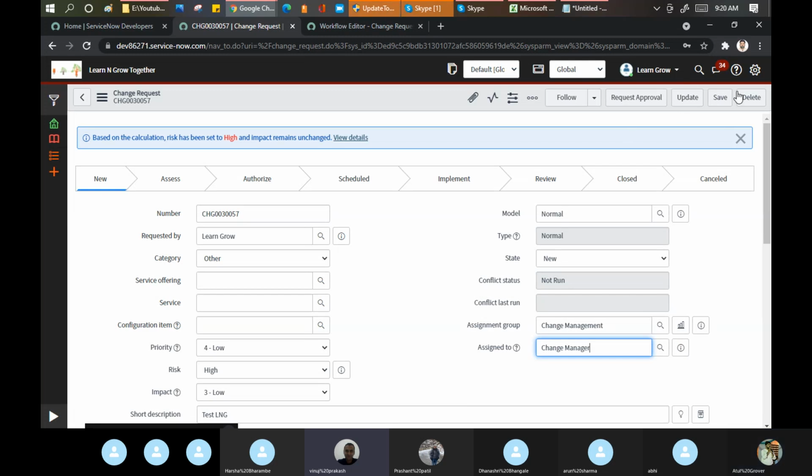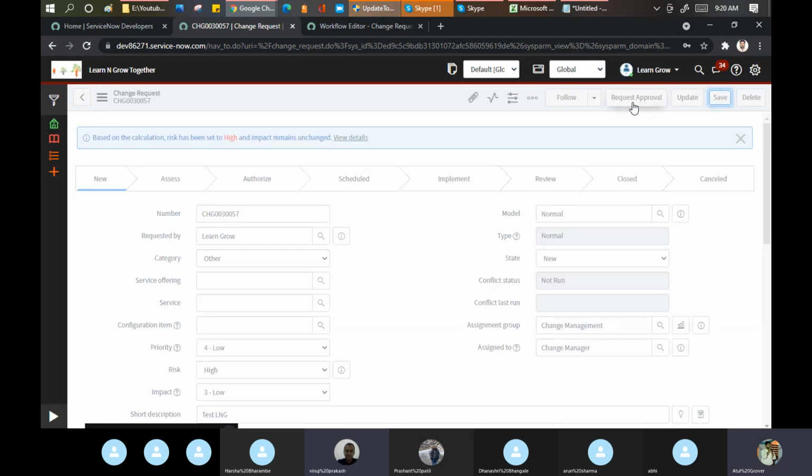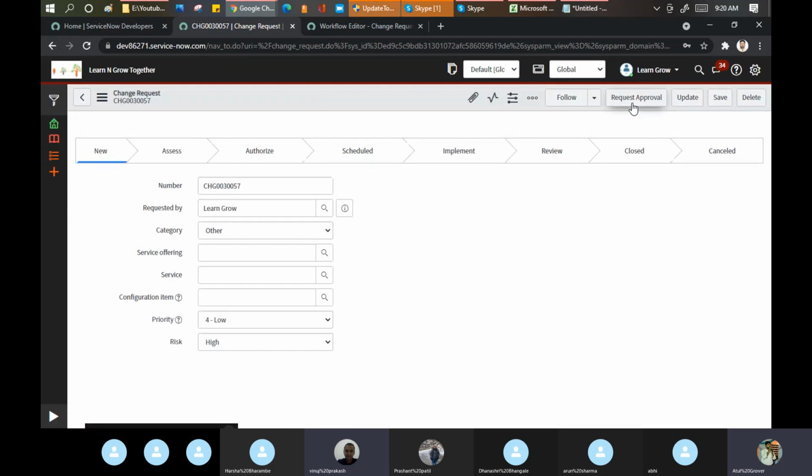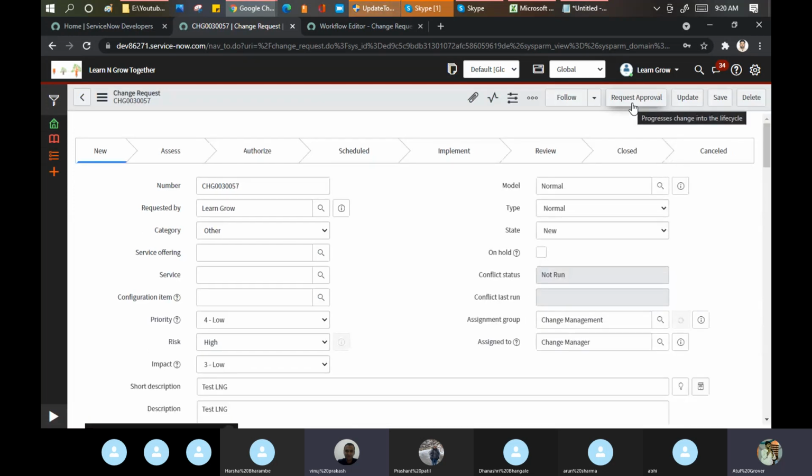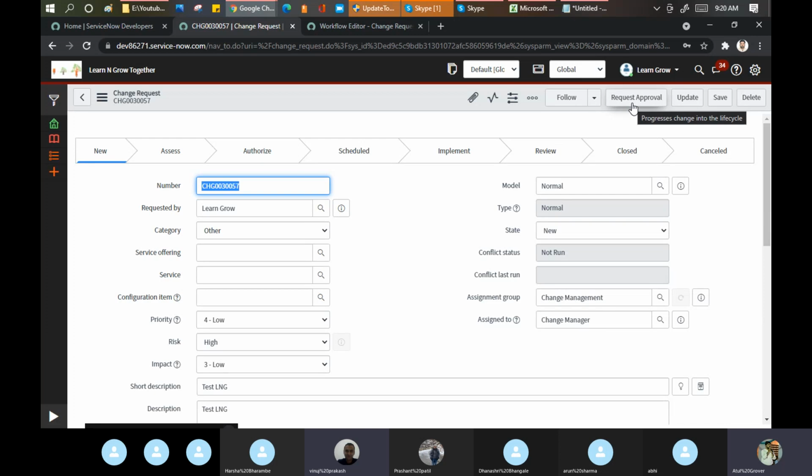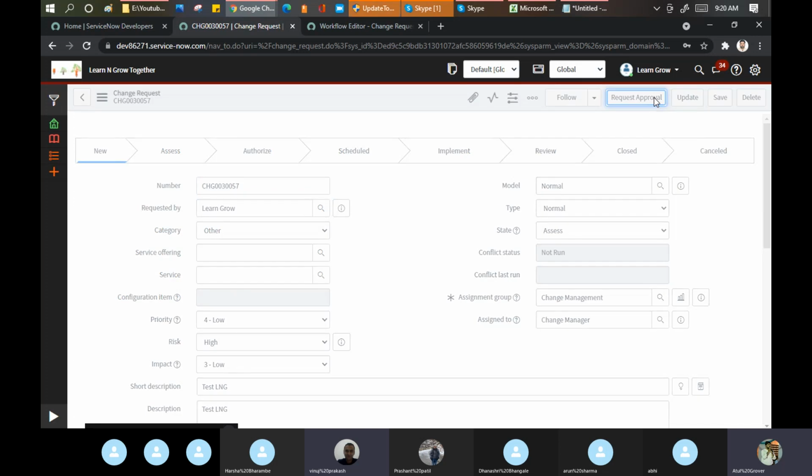Change manager. Okay, now I send it for approval. Tanvi has done all the groundwork and submitted the application to her brother for the first level of approval. Request approval. This is my core area. I worked as a change manager for more than, I guess, 2-3 years, and currently I'm working as a change manager business analyst. So I can deep dive a lot into that, but that is not required as of now.